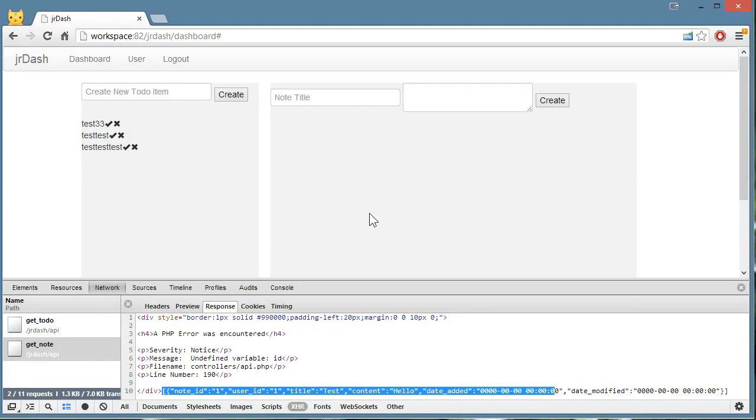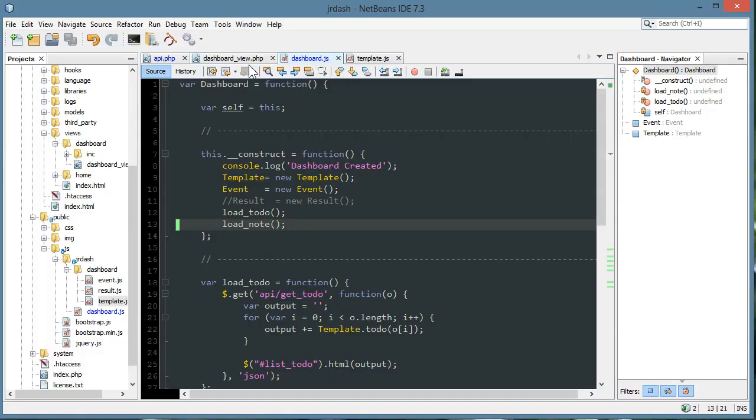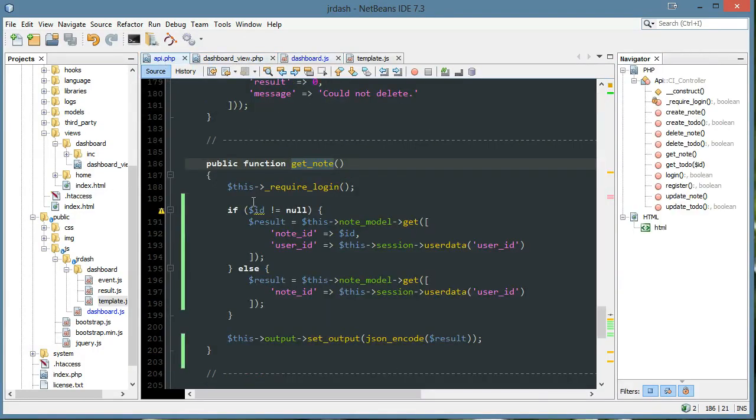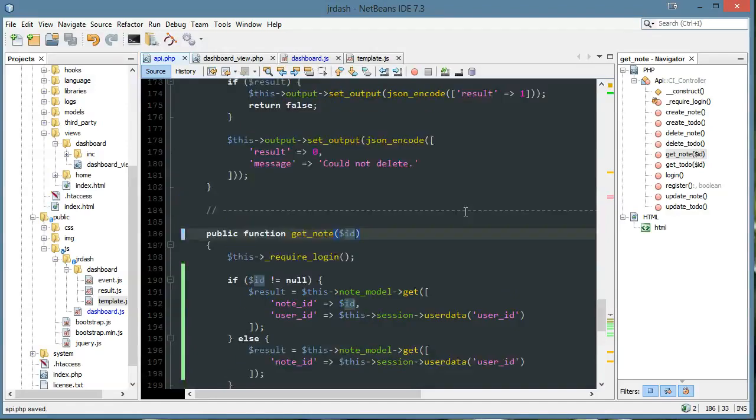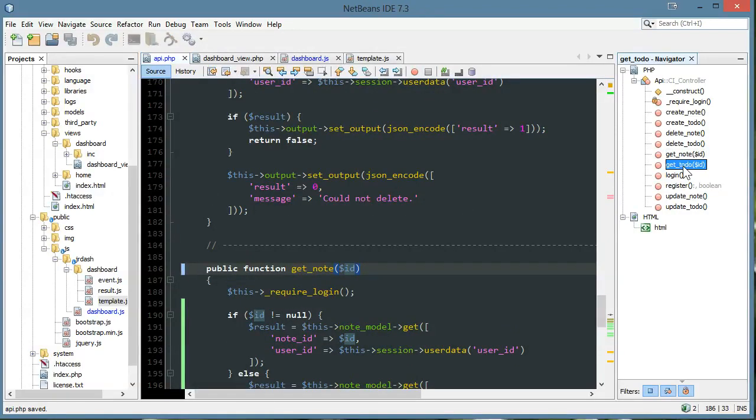So let's go ahead and look at controllers API line 190. And 190, well, it looks like we have no ID in here. And let's see what we're doing for the get to do. Get to do,